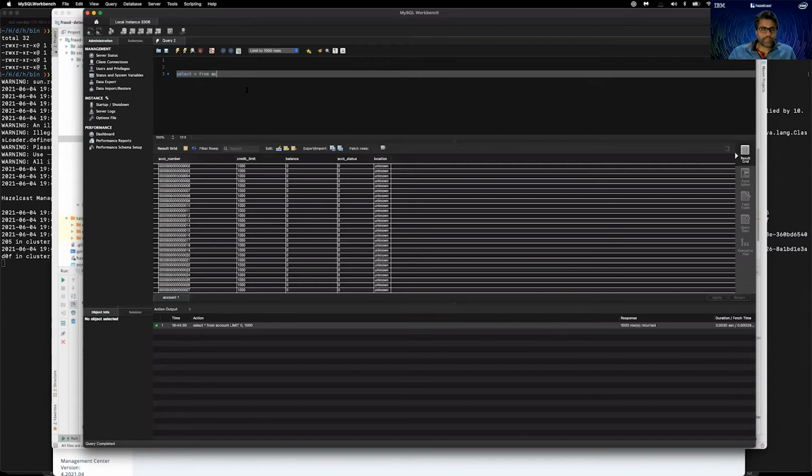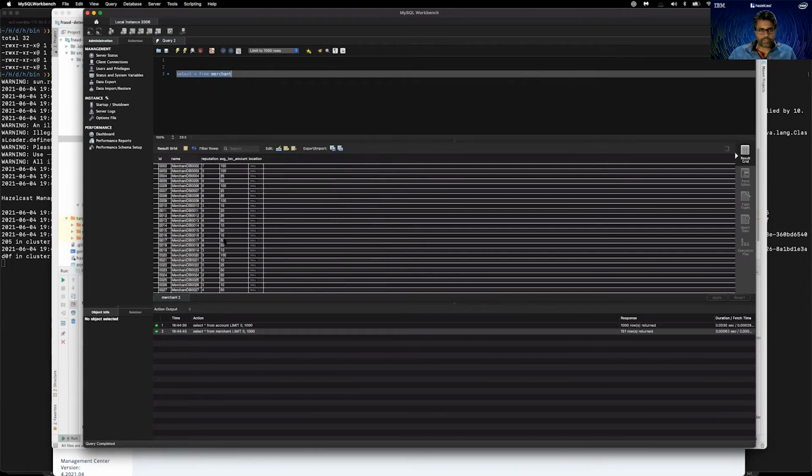Then there is another table called merchant, which has 151 odd entries, meaning 151 different types of merchants that allow your credit card to be processed or used.